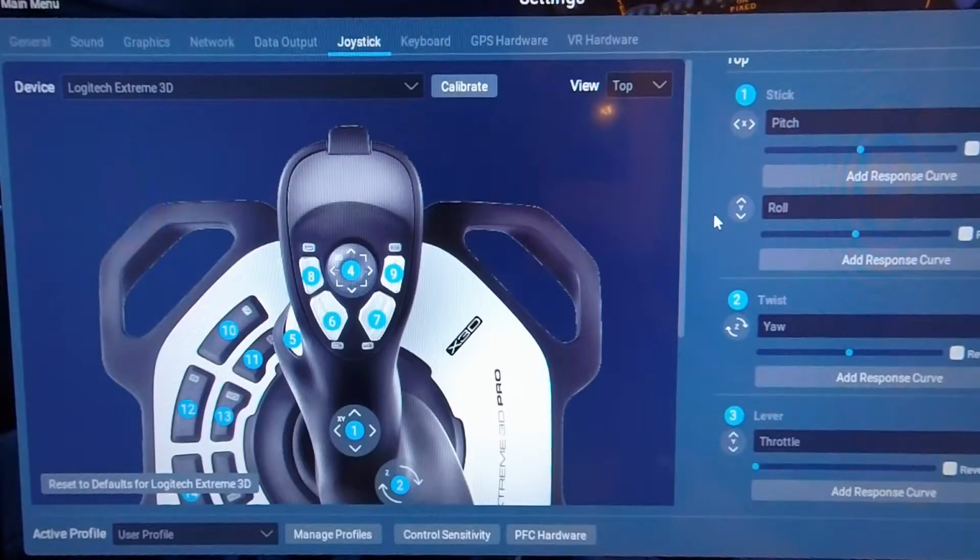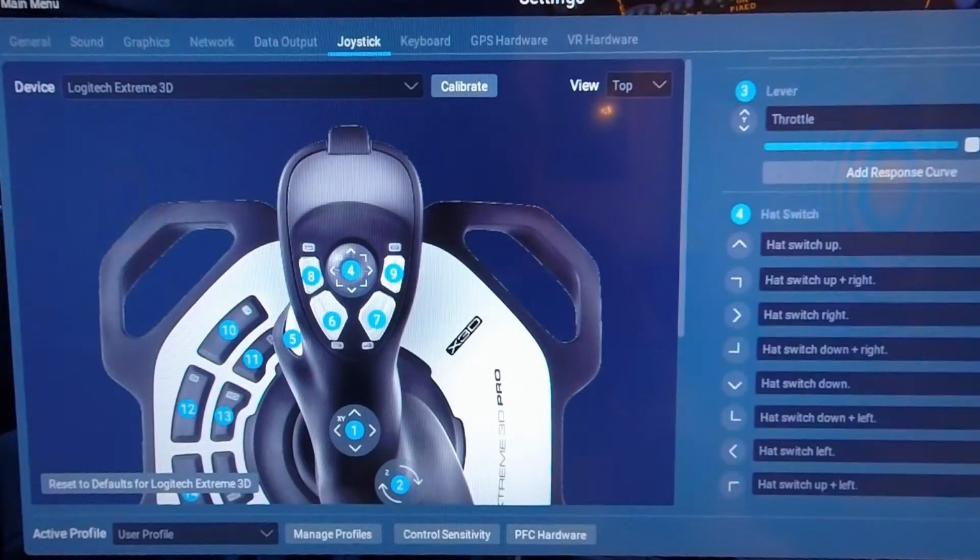And then the throttle. You notice the throttle is a little bit backwards, right? That's all the way idle. This is full power. So that's backwards. That's fine. If you find it's not acting right, you can reverse it, as you can see here, the little reverse thing here. Okay, moving on. What you do is you go up here on the side, there's a little scroll bar,